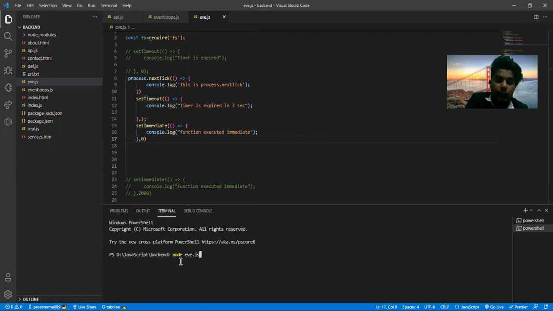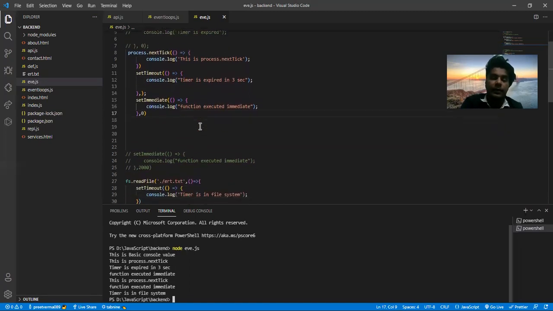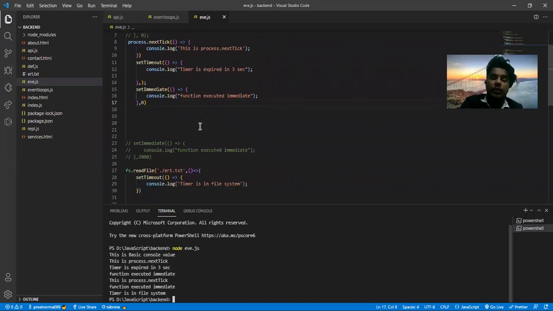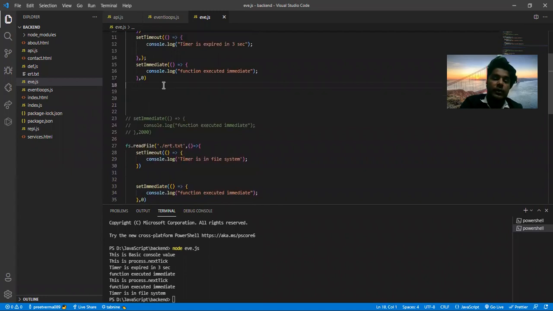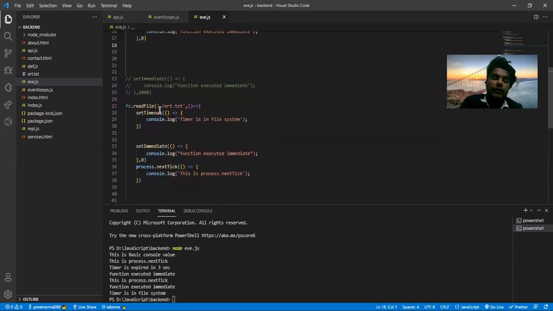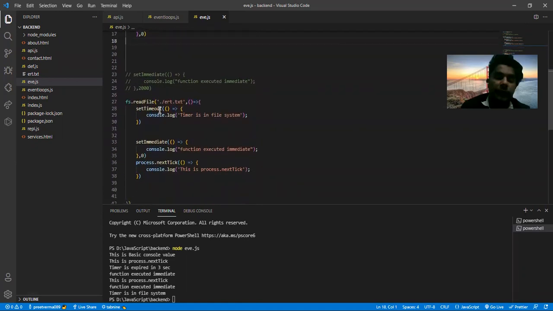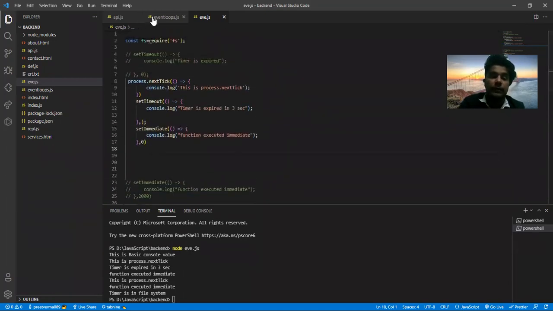If the immediate function is also executed outside the event loop, outside the function after the file function, then the immediate function is also executed before process.nextTick, which are in the event loop. So these are the basics of the event loop in JS. Now if we go to our browser,